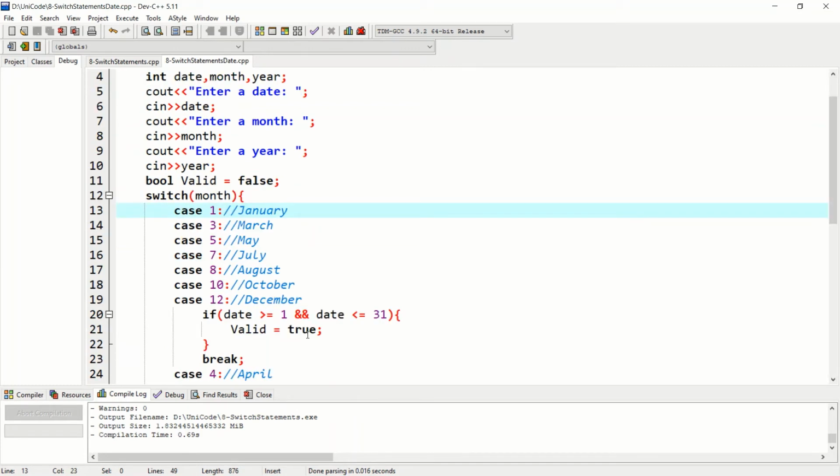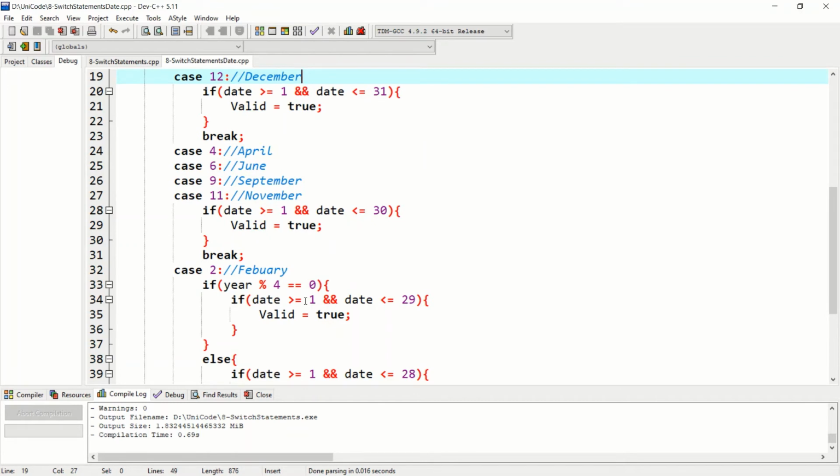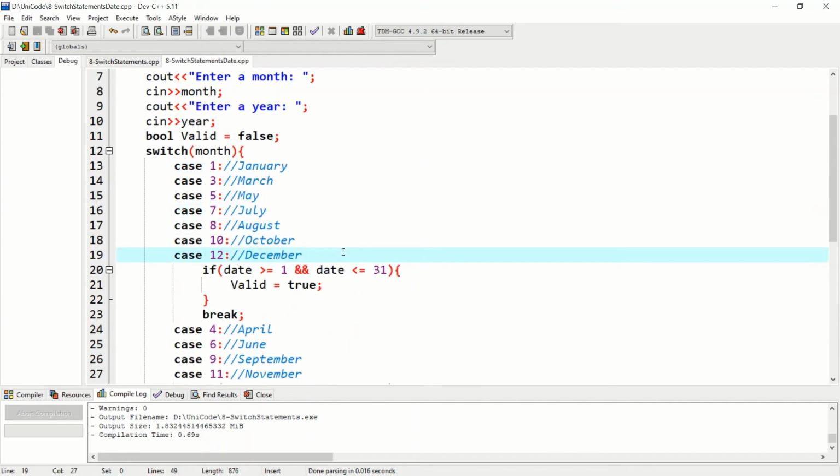These are our months. I have switched my variable on month because we have a considerable number of months in a year, that is 12. We have to perform the same operations for the months which have dates from 1 to 31. We have the same statements for the months which have dates from 1 to 30, and we have a special case for February, our second month, depending on whether the year is a leap year or not, so our date changes accordingly, like 29 and 28. Let's see this code.